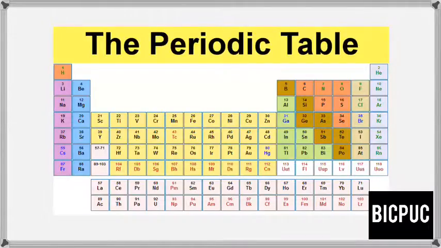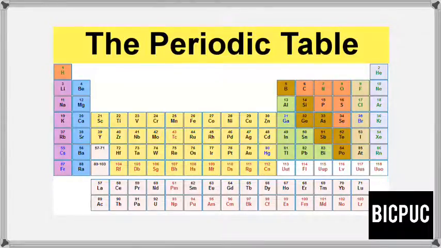In this video lesson, let us understand what are groups and periods, and how many groups and periods there are in the modern periodic table. This forms the fundamental for us to understand the concept of S block and P block elements. So let us see, here I have the modern periodic table.